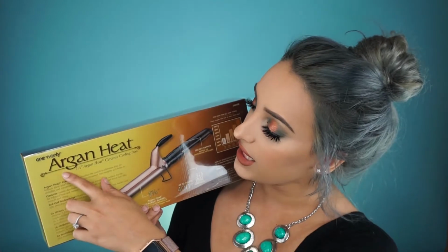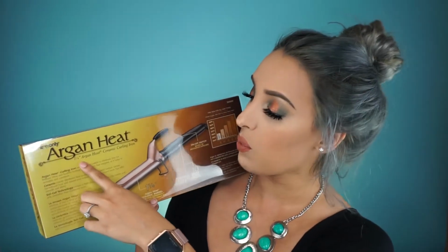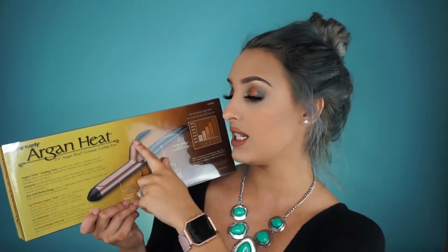So for today I'm going to show you guys how I curl my hair using heat, and today I'm going to be using the one and only curling iron. The curling iron that I'm going to be using is the Argan Heat from One and Only, the 1 1/4 inch curling iron. Now mine is gonna look a little bit different than this one